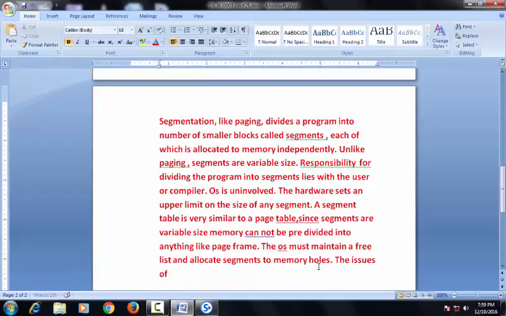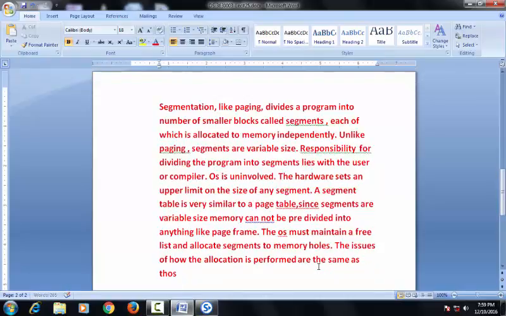The issues of how the allocation is performed are the same as those found in the variable partition schemes,